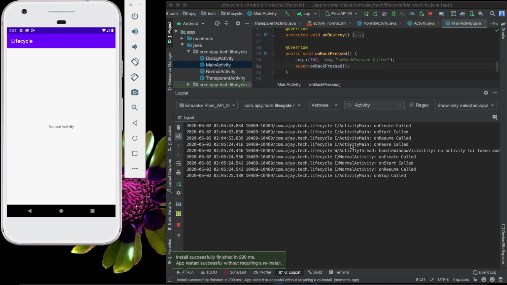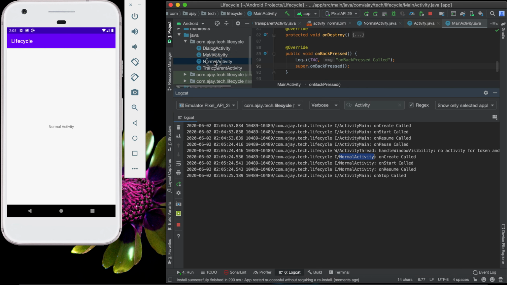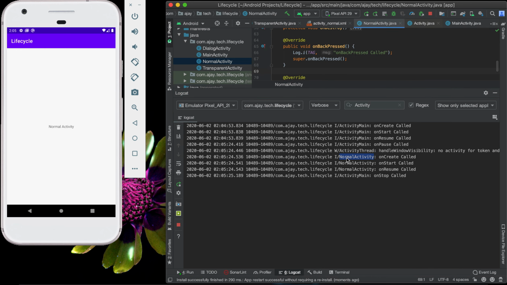In this case, our main activity goes to the paused state, then the normal activity's onCreate method will be called, then the normal activity's onStart, then the normal activity's onResume. After onResume is called, our main activity will go to the stop state.